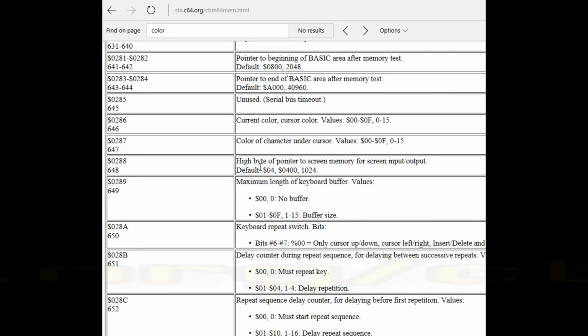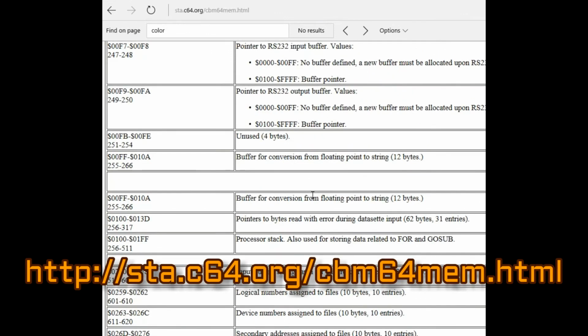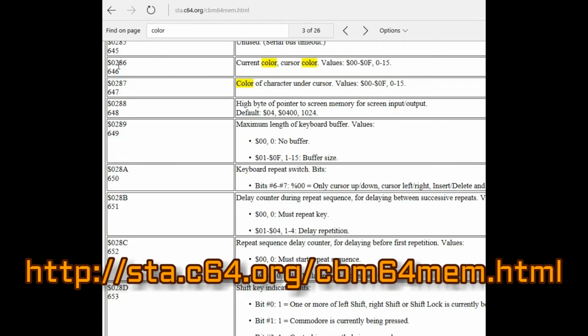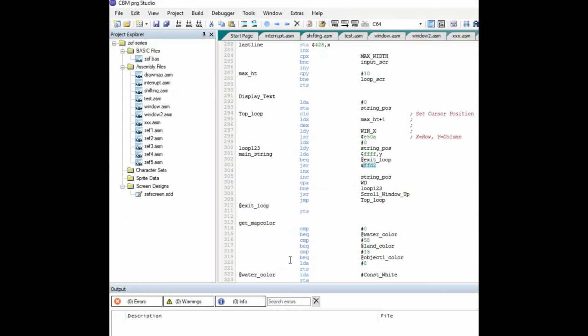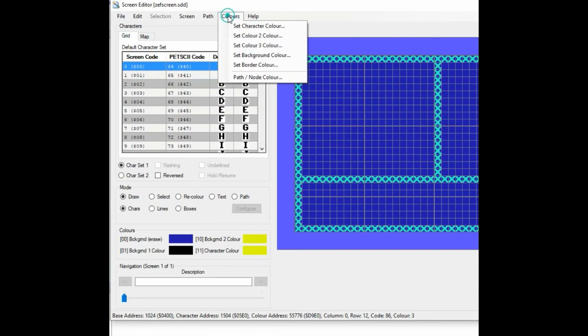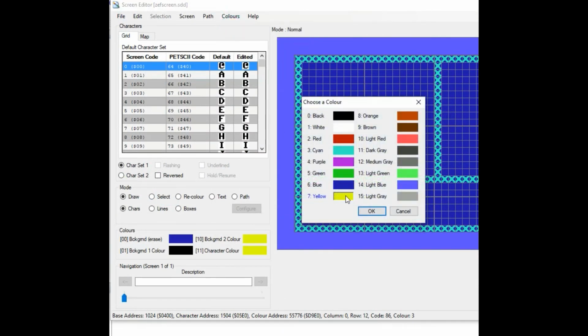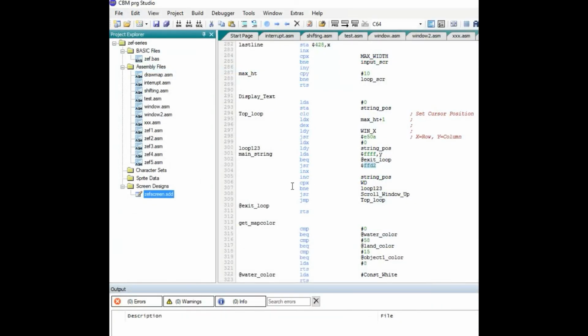I'll take you to the Commodore 64 memory map. So we're going to use this address, 286, to set the cursor color, and we use yellow, right? So yellow is 7, and